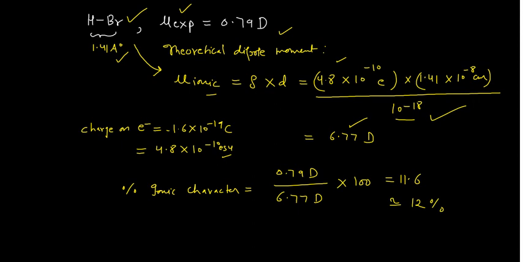The key is that if you want the value in Debye, then if you have been given the dipole moment in ESU into centimeters, and you want this dipole moment in Debye, capital D, you will divide that ESU into centimeter by 10 raised to the power minus 18. This will give you the value in Debye. This is the trick which you actually need to know. So this is the physical part of this. Now we will see the numerical problems to understand the concept fully.